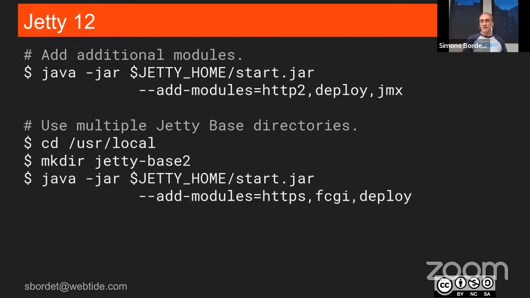And you can do this, for example, as a different configuration in a different base directory. In this other base directory, base 2, you're going to have support for HTTPS, FastCGI, and deploy. FastCGI support in Jetty is exactly the same as you have in Nginx or Apache. The browser makes a request, the server converts that request into FastCGI and then gives it to, for example, PHP.